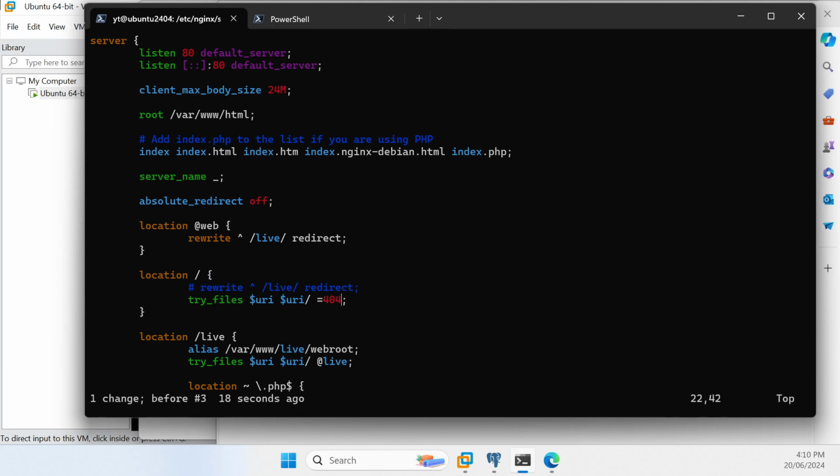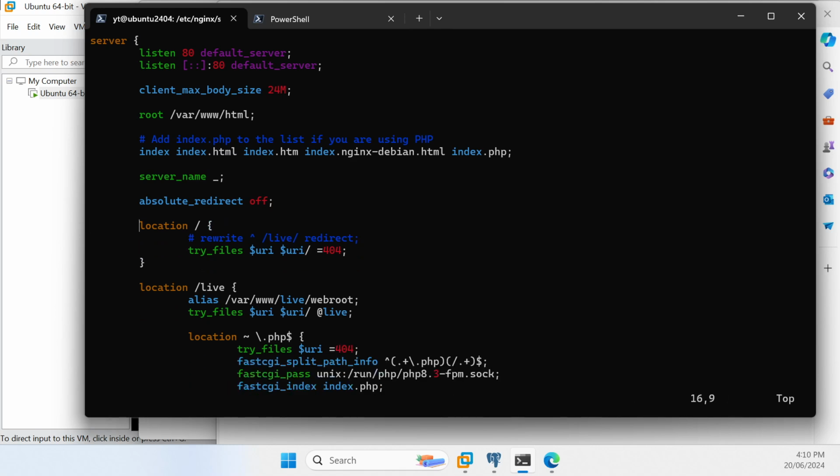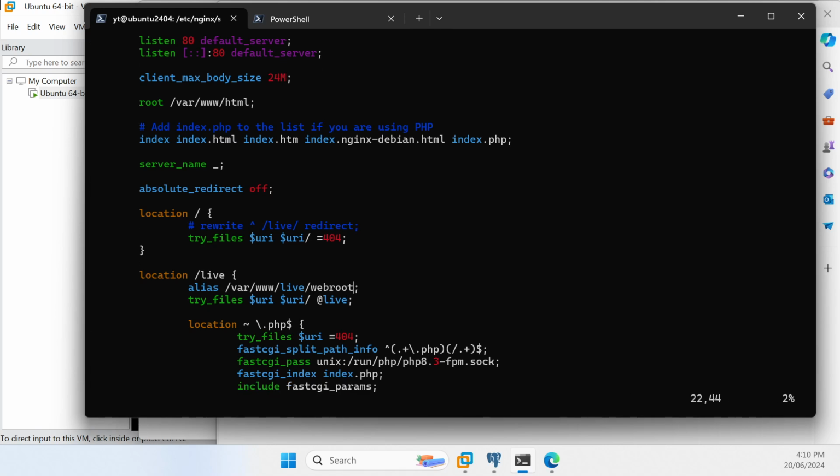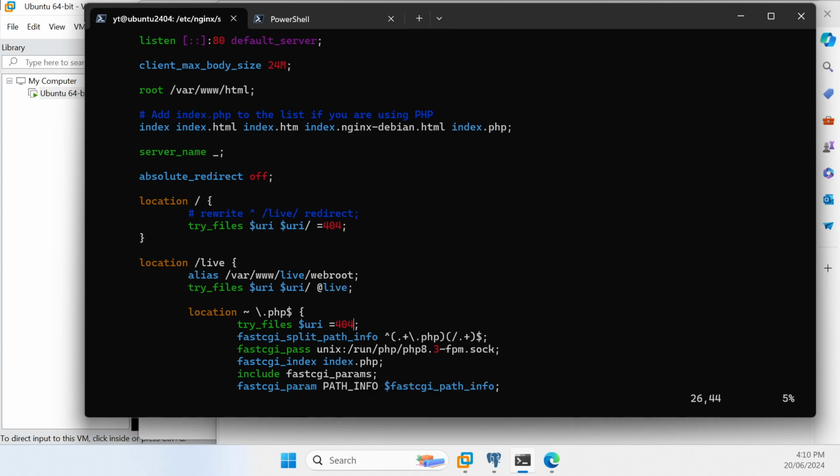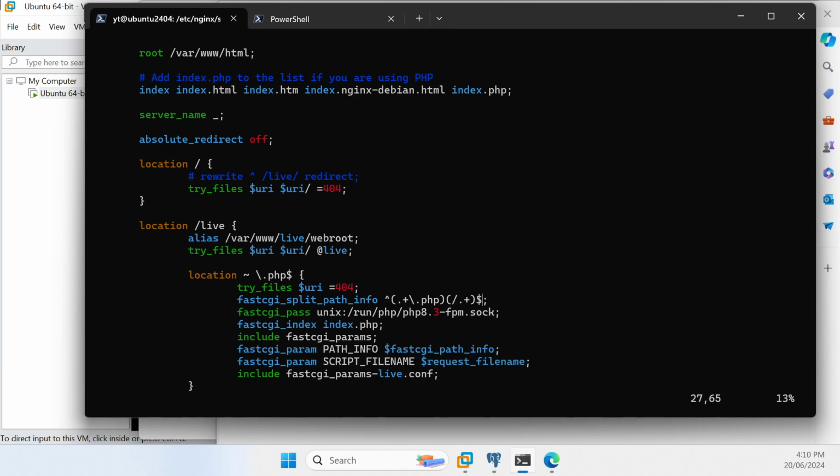So I'm just going to press the U key to reverse this. I'm going to delete this, the D key, and notice also we've added index.php here, and then we've created two locations and set each location to the web root of each installation of CakePHP. Now here we have